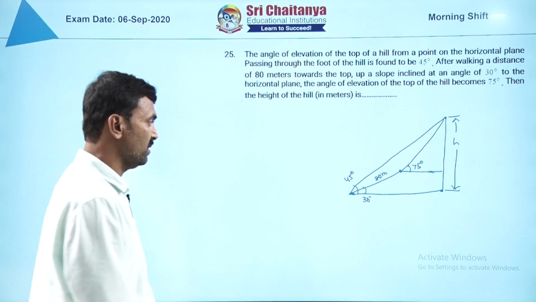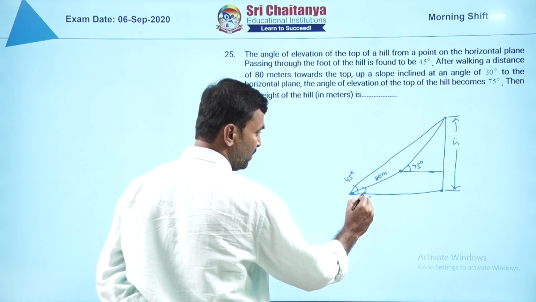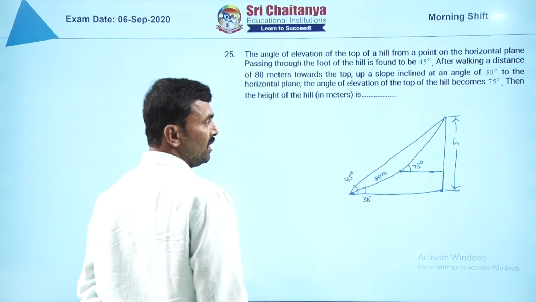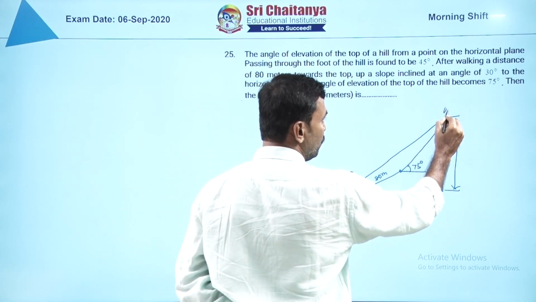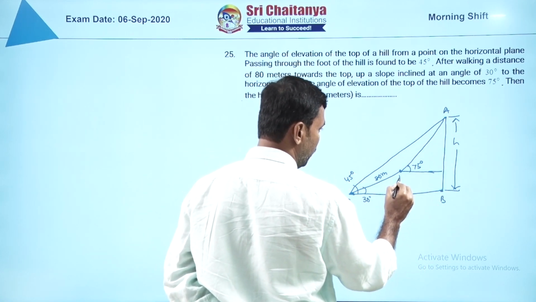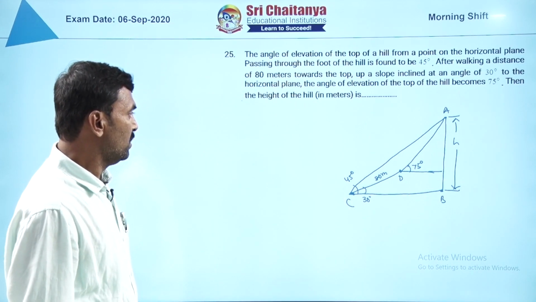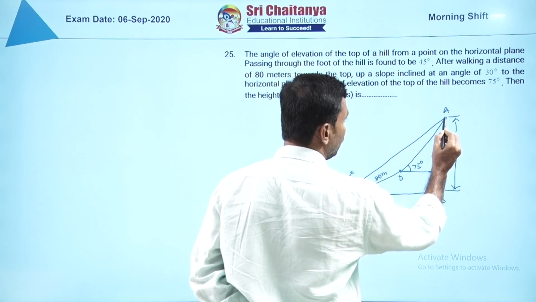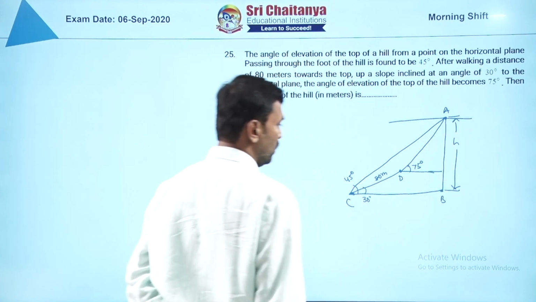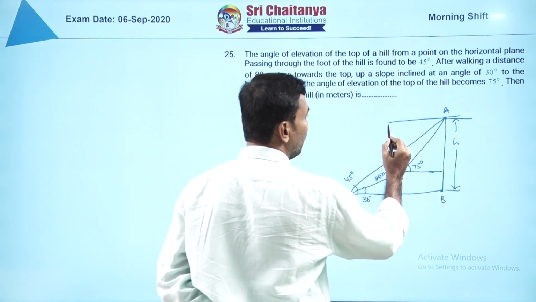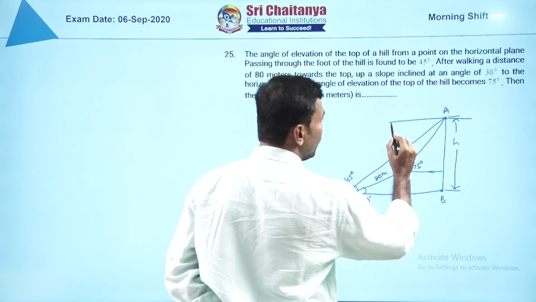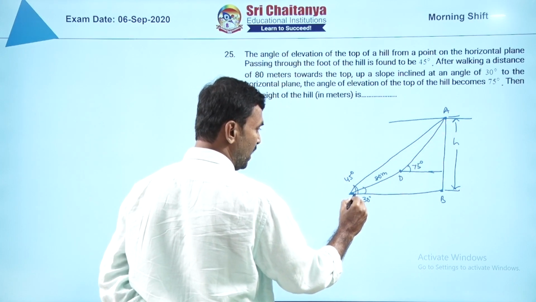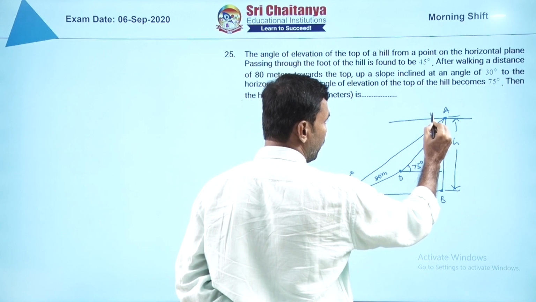This is the diagram. He has given this angle of elevation 45, this is 30, this is 75 and the distance from this point to this point is 80 meters. He is asking this length. Let us give the names A, B, C and D. See, for making the problem simpler, I am drawing a horizontal line through A. See, we know that the horizontal alternate angles are equal. So, therefore, see these are two horizontal lines and this is the transversal, therefore, this angle is 45, therefore, this angle also 45.